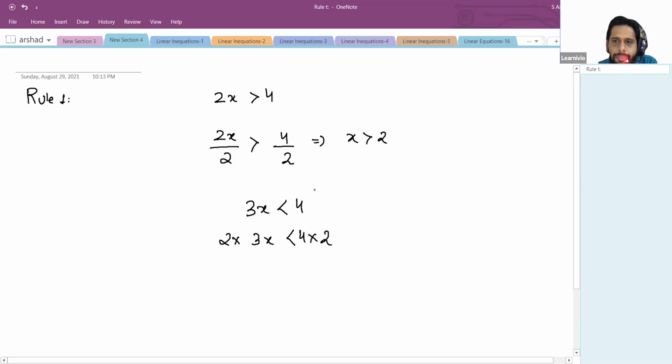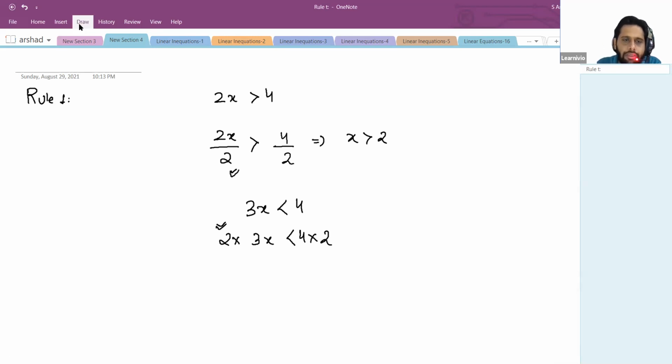So in addition, subtraction, division, and multiplication, there is no change. In addition and subtraction, there is no change. In division and multiplication, if we are dividing and multiplying with a positive number, then the sign will not change. Now next is